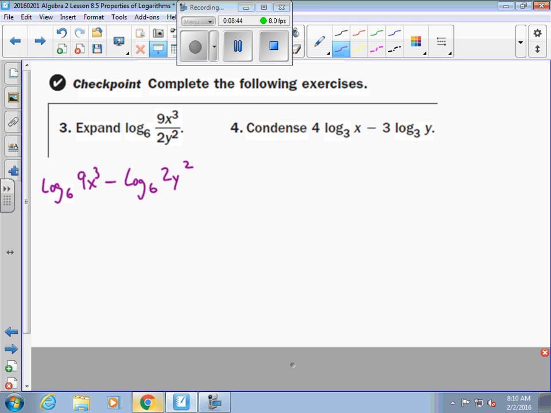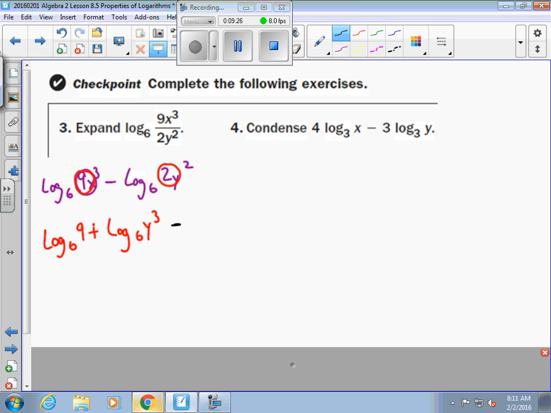Now, what you're going to be tempted to do here is try to shortcut a lot of things, like I showed you guys when we were doing the bell work and the homework. When it's asking you to expand it though, don't shortcut it, because you're going to leave something out and forget to put it into the final answer. So from here, separate the multiplication of 9 times x there, and you could separate the multiplication of 2 times y there. So what we have is log base 6 of 9 plus log base 6 of y cubed